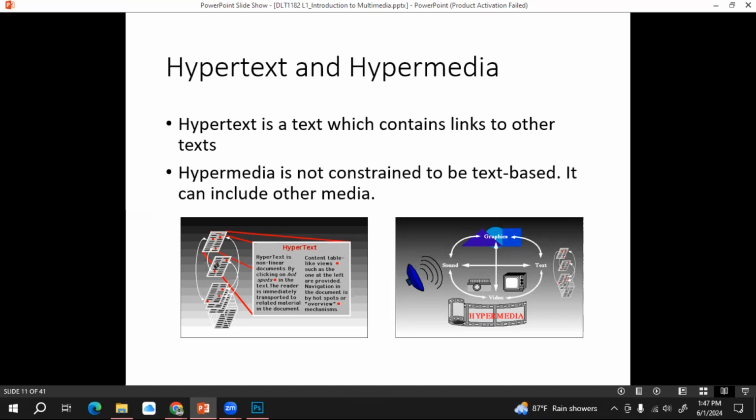It can have voice, text, videos, graphics, whatever type of media can be inside hypermedia, right? Hypertext is a combination of text with links. Hypermedia is a combination of all types of media, right?